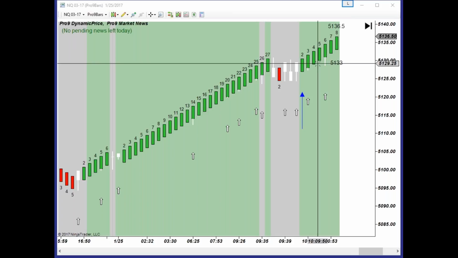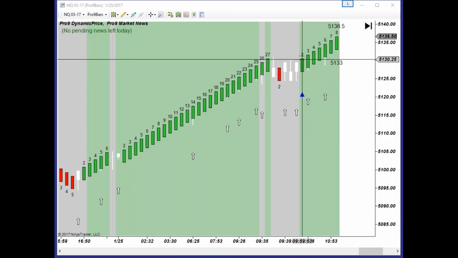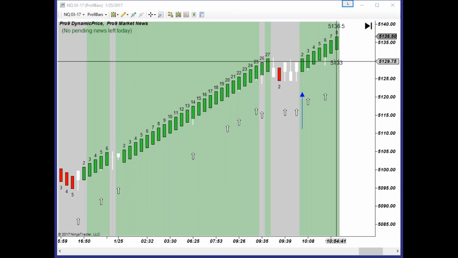is being able to extract our initial profit from the market and then still have a chance to catch a runner. And you may want to experiment. Break even plus a tick, break even minus a tick may work better for you. All right, and then we leave it initially